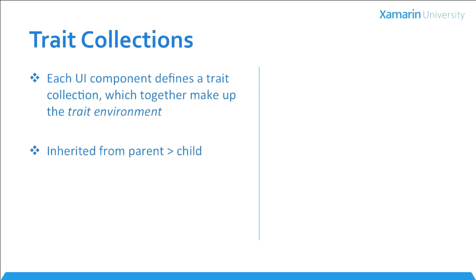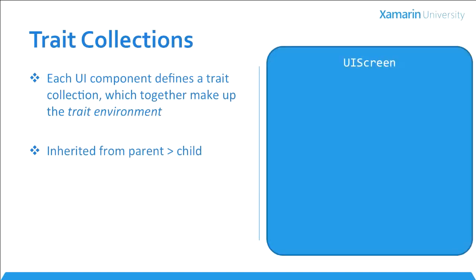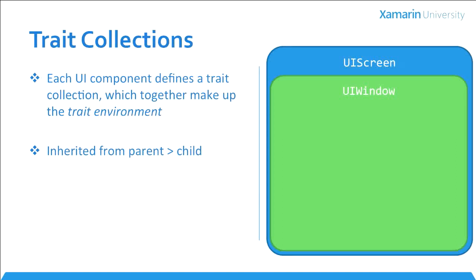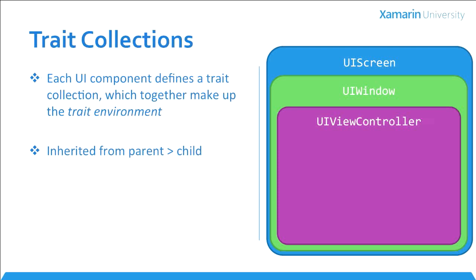All right, so how does this all translate to UI? Well, first, the OS maintains a trait collection for each UI component that makes up your scene. That starts with the UIScreen, and then goes through to the window, our UIViewController, and then finally to our individual controls, the actual views that make up our UI. Now, traits can be combined and passed from parent to child, and so at the end, we end up with a fully qualified trait collection. What that means is that all 4 values are set, and these are needed to determine what our final